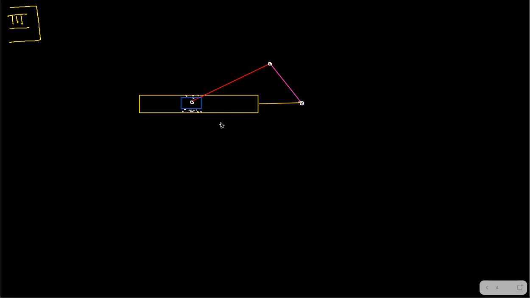Okay, between 1 and 2, let's take similar colors. See, 1, 2, 3, and 4. Between 1 and 2 you have prismatic joint, between 2 and 3 you have revolute joint, between 3 and 4 you have revolute joint, between 4 and 1 you have revolute joint. Whichever is turning, you call it revolute joint.